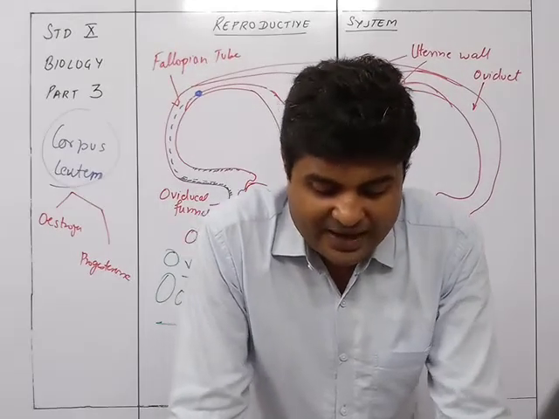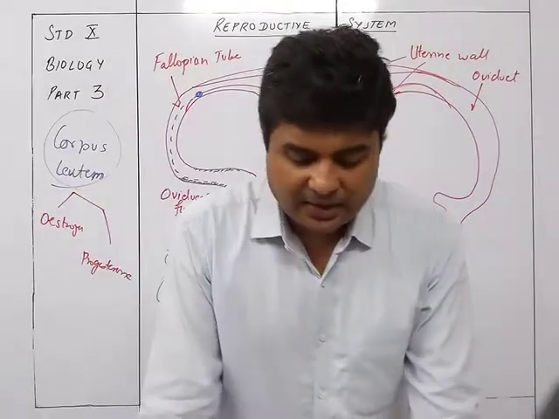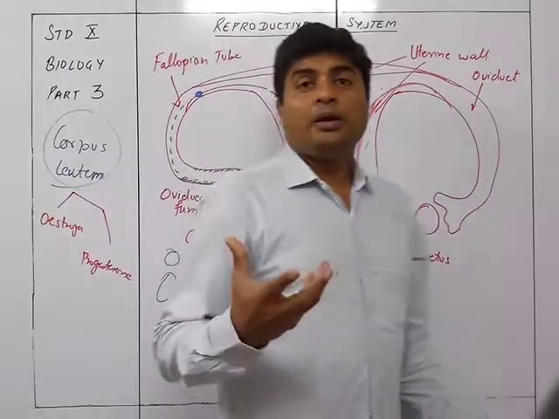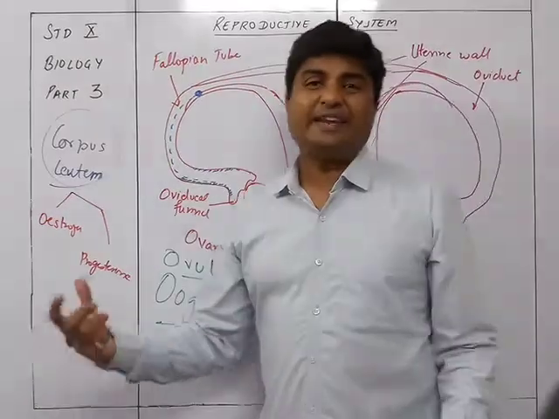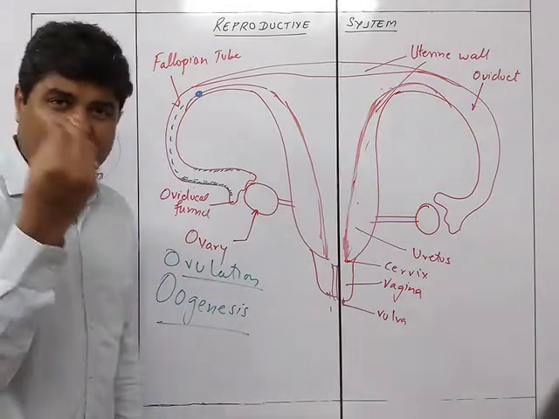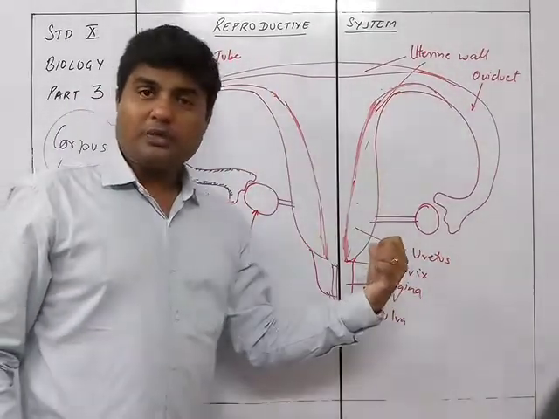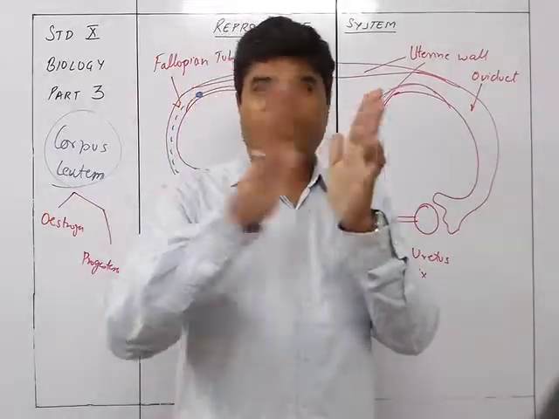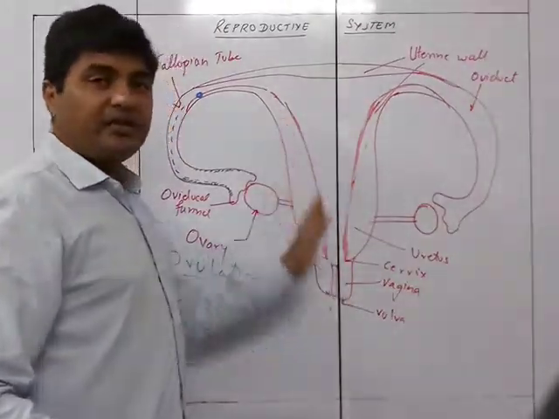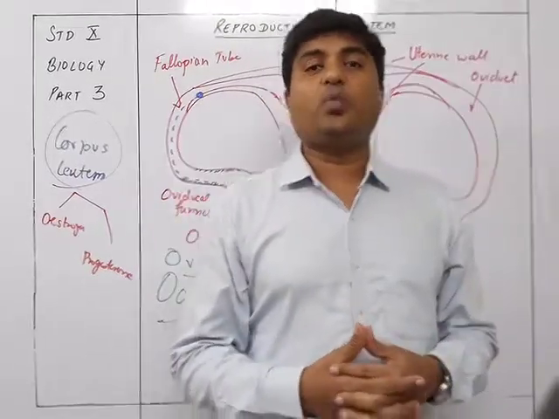This change is a kind of preparation of the uterus to receive the fertilized egg and assist in the early implantation of the embryo and its subsequent development. So the estrogen is going to see to it that the uterine walls develop as the egg starts maturing inside the ovary. Because the menstrual phase is over, whatever had to be shredded has been shredded. Now it is a fresh area where new layers of the uterine wall start developing.